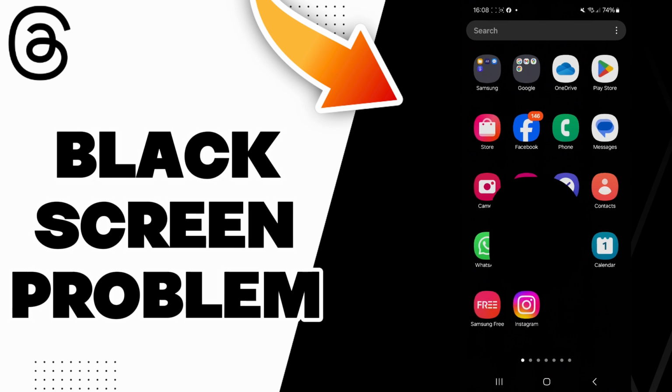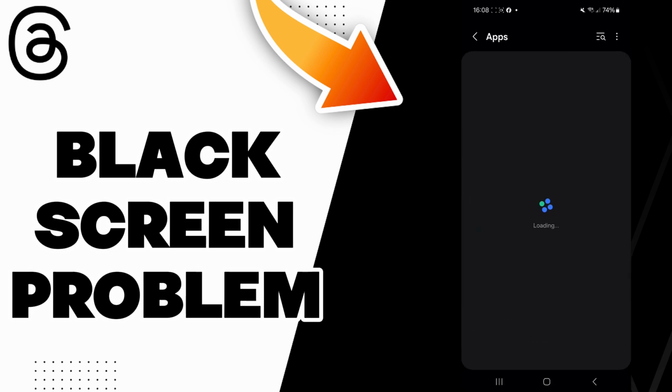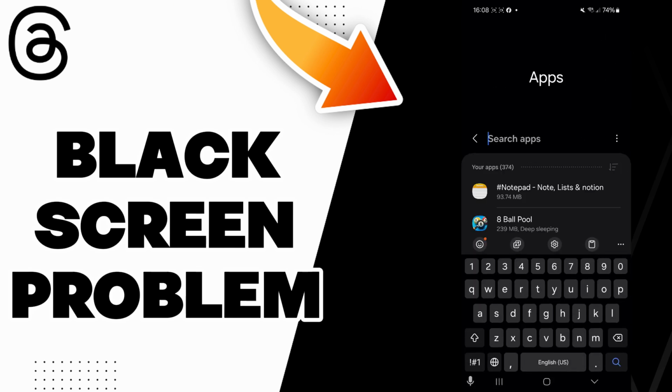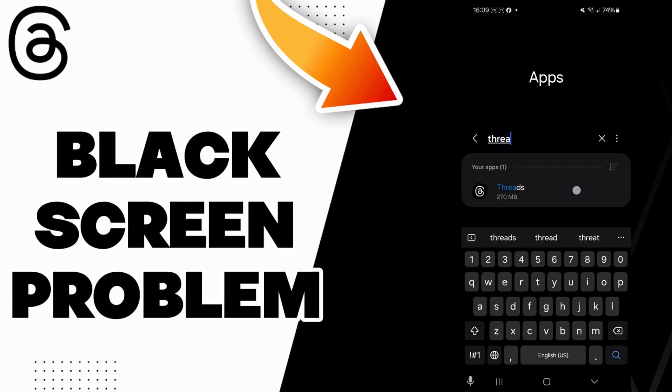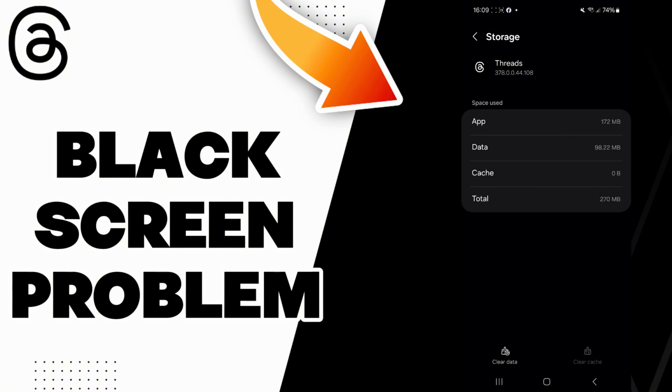So the answer is easy, just go to the settings and then scroll down to the apps section and then go to the search and search threads and then go to the storage and here you will find this clear cache option. Click on it. Now you can go check if it worked, and if it didn't you can try to